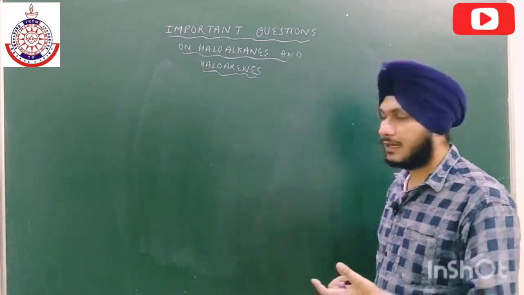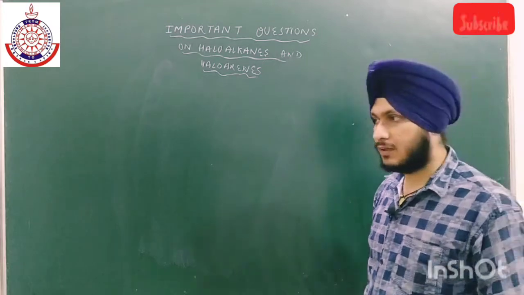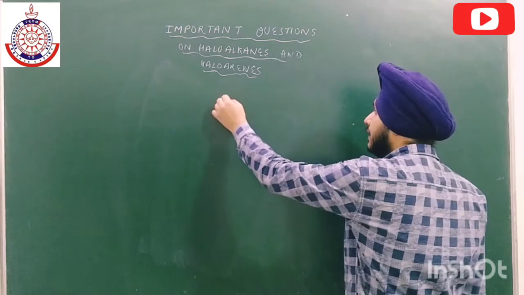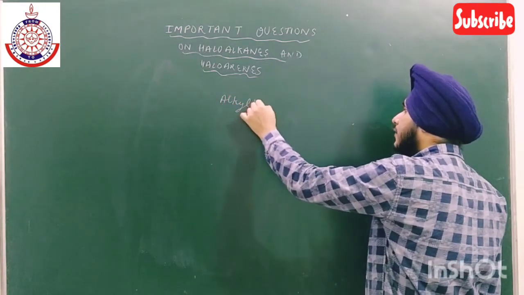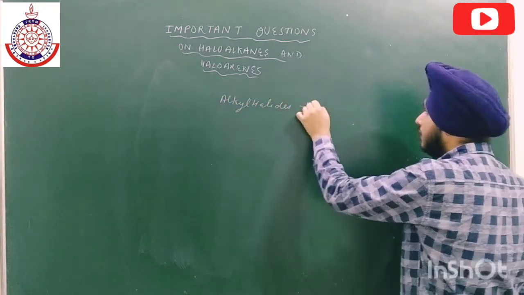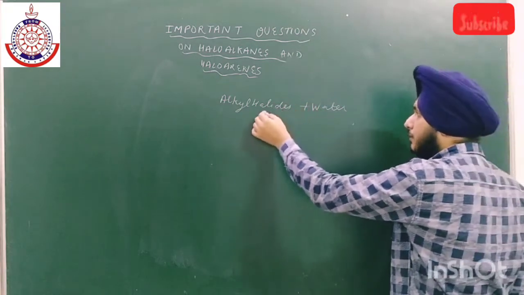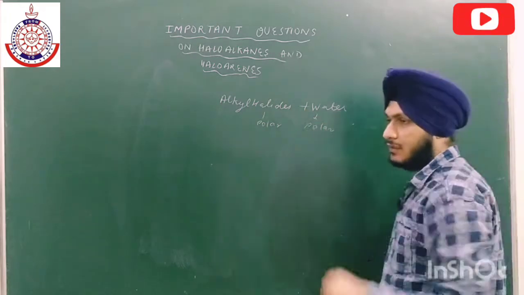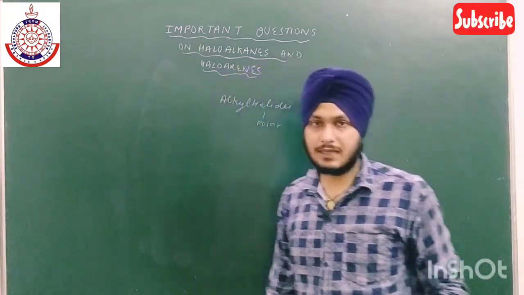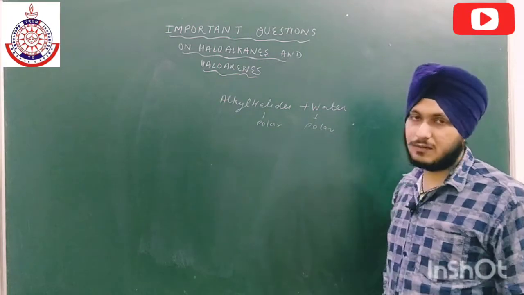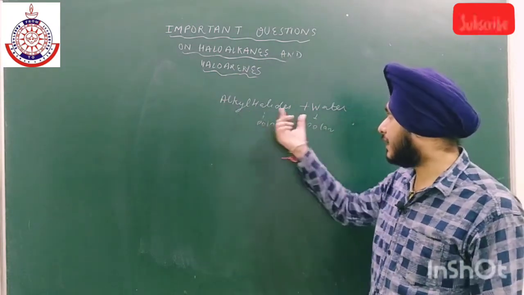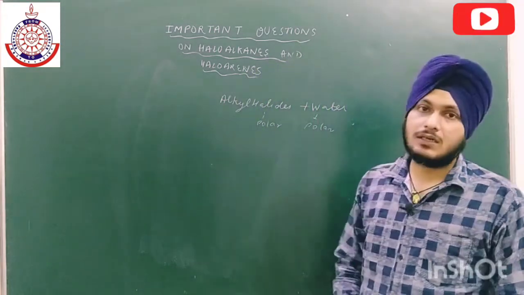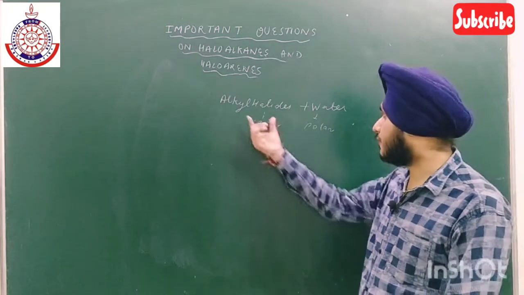It means that alkyl halides are polar, similarly water is also polar, so the concept of like dissolves like should apply. So our alkyl halides can be easily soluble in water but they are not soluble. Why? What is the reason? They both are polar, but they are not miscible with each other. The reason is that the intermolecular forces which are already present in alkyl halide and water are stronger than the intermolecular forces which will be formed after their mixing.